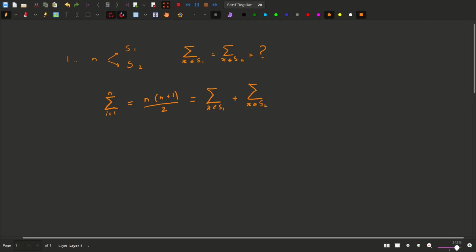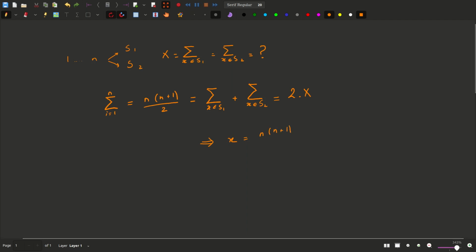Since these two are equal, I will name them x, and this sum will be equal to 2 times x. Therefore, x is equal to this divided by 2, so it would be equal to n times n plus 1